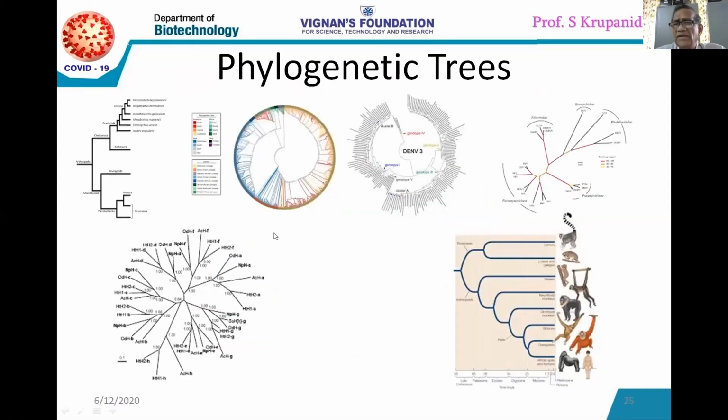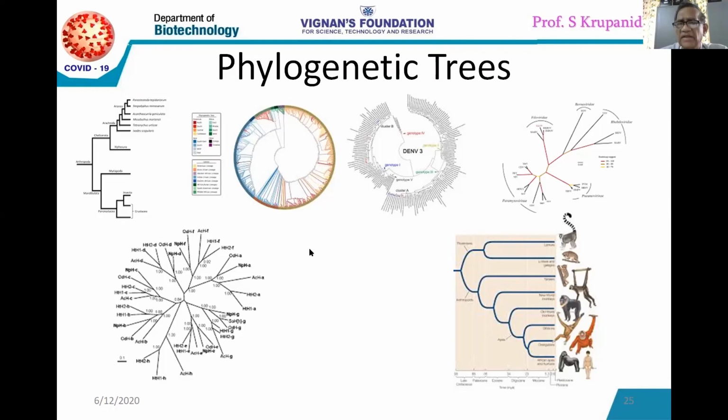So I wish to let you know the importance of this phylogenetic tree. If you go to any of the journals handling biochemistry, molecular phylogeny, bioinformatics, genetic engineering, immunology or virology, nearly 40 to 50% of the publications in every journal will have this phylogenetic tree displayed. That's the importance of the phylogenetic tree nowadays.